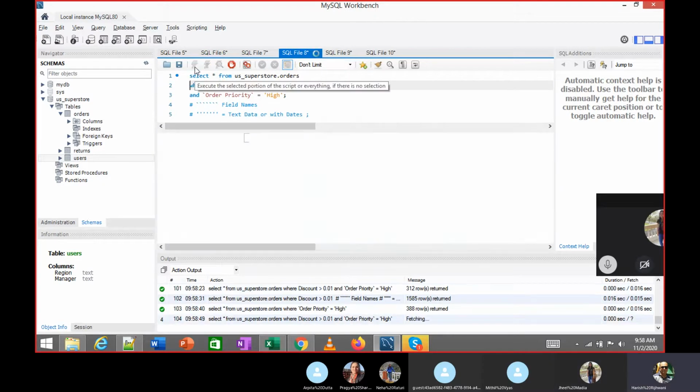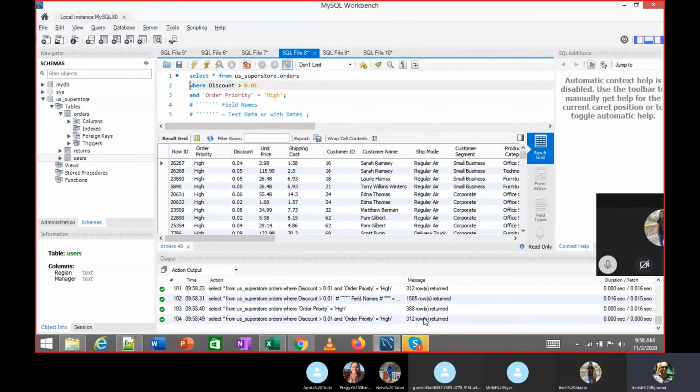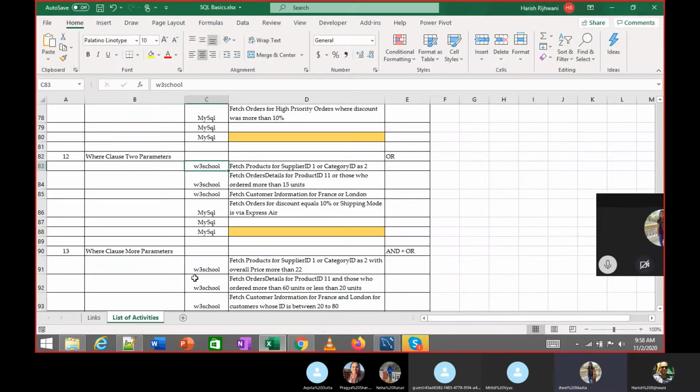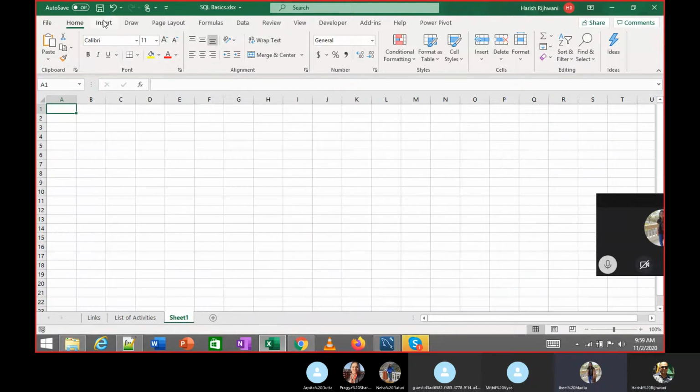When I run both these together, I get 312 records. Because in AND both your conditions are getting met together. In OR, each condition is getting met individually, so records will be more.